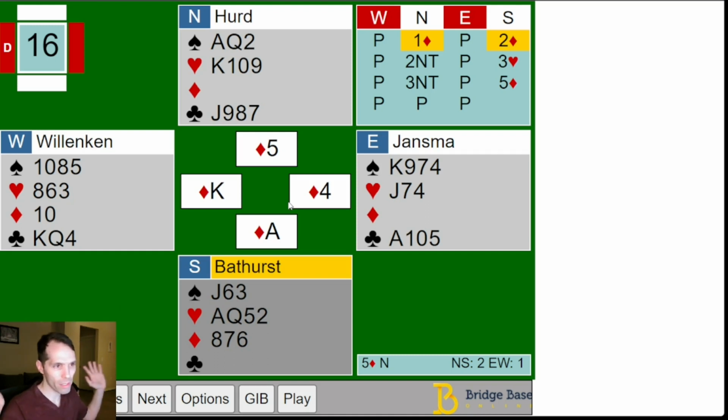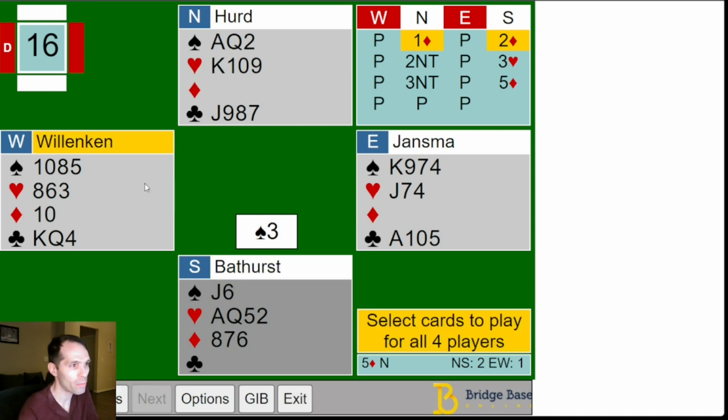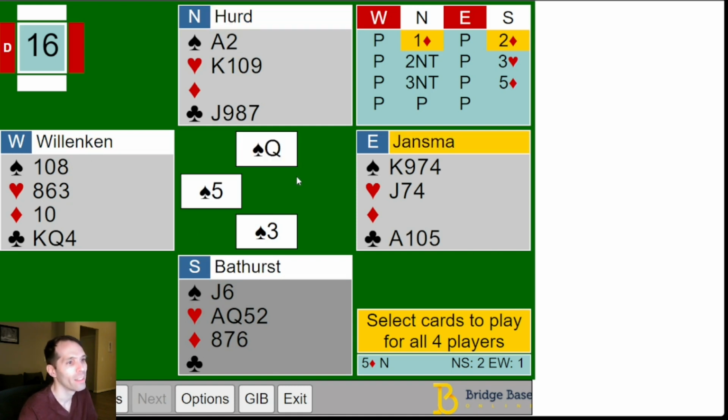Right, so declarer is in 5 diamonds. Yeah, we can all agree on that. Now, declarer needs to lose no more tricks because he still has a diamond loser. This means he's going to need the spade finesse, but he still has to do something about this 3rd round of spades. It's possible that West has king doubleton of spades, in which case he could play a low spade to the queen, and if this held, then he could